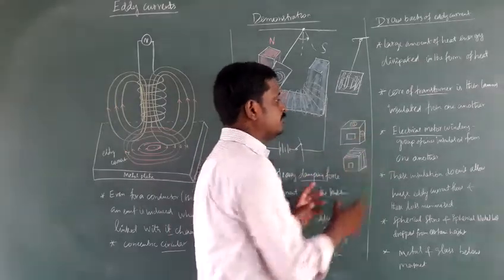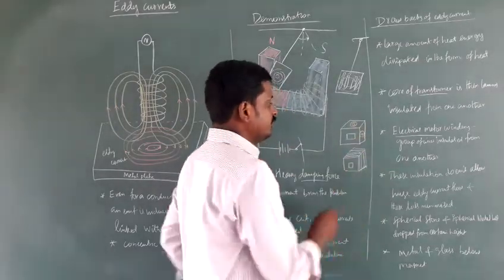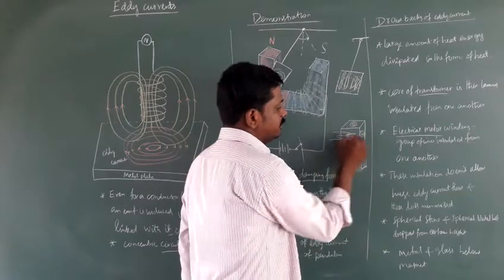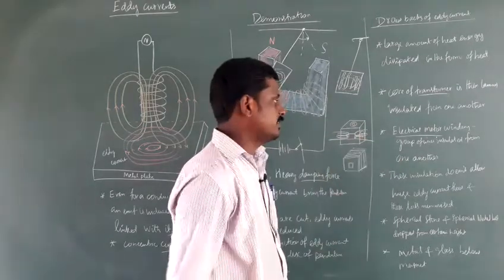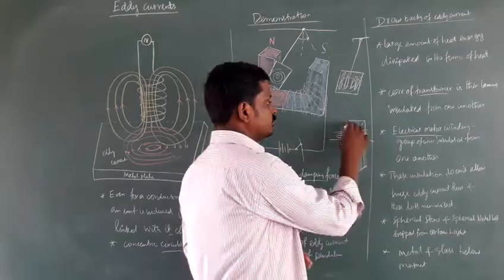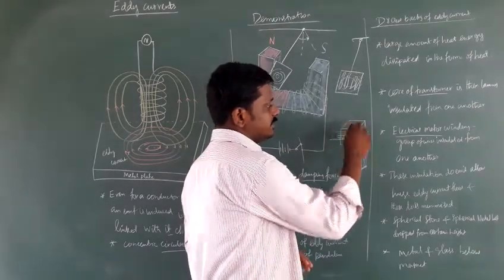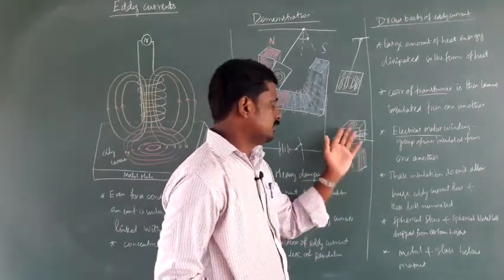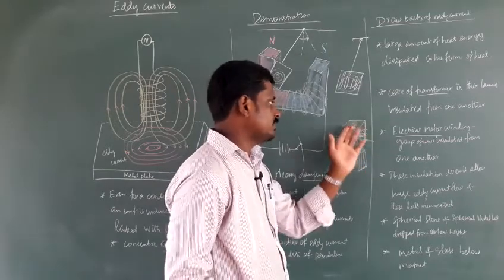If it is fully made up of metal, and a current flows in the primary coil, then we are using the secondary coil, so the current is stepped down or stepped up. So there is a flow of current, and a change in magnetic flux linked with that metal plate or metal sheet. So eddies are produced.